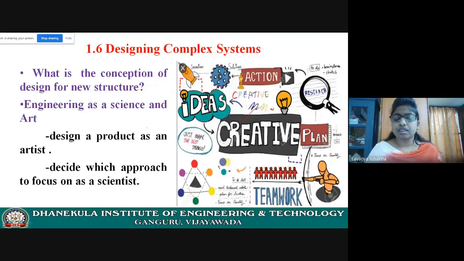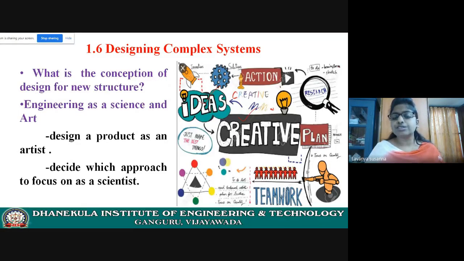And the engineer must analyze the complex system. In the analysis phase, what are you going to do? You are going to identify the classes and objects that form the complex system, and the relations between the objects. There will be different methods to solve the problem, so you need to identify the different methods and choose the best method, and you need to choose what parameters must be used. Just like a scientist does, you need to analyze all these things.